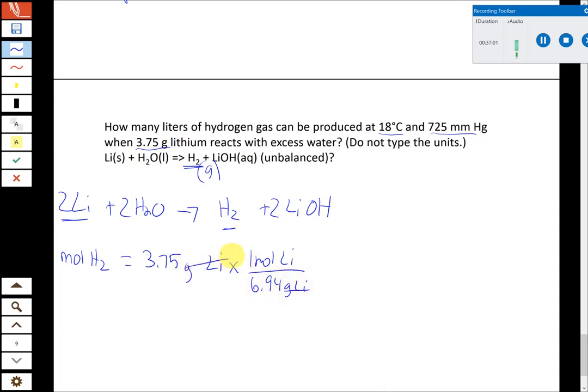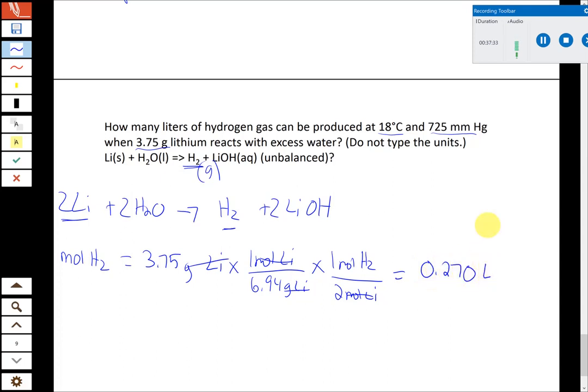So that gives us moles of lithium, and then to get moles of hydrogen, we're going to use the coefficient. We have a coefficient of 1 in front of H2, or no coefficient given, and then a coefficient of 2 in front of lithium. So 1 mole of hydrogen is going to form for every 2 moles of lithium. So this part is just chapter 5 stoichiometry. Hopefully we haven't forgotten it already, because it's important in all of chemistry. So what we get when we do this is